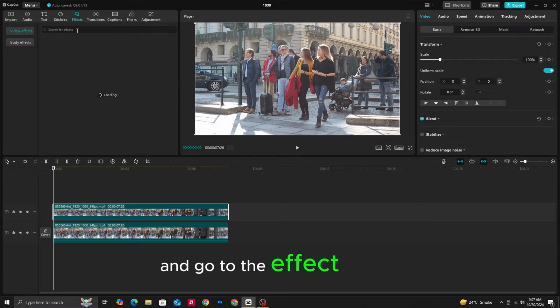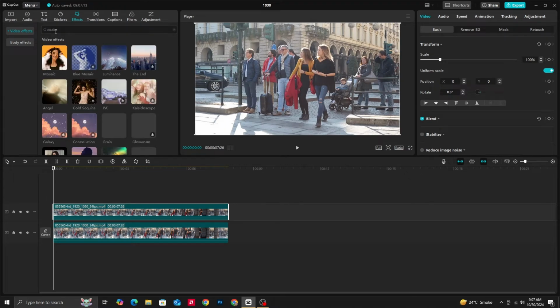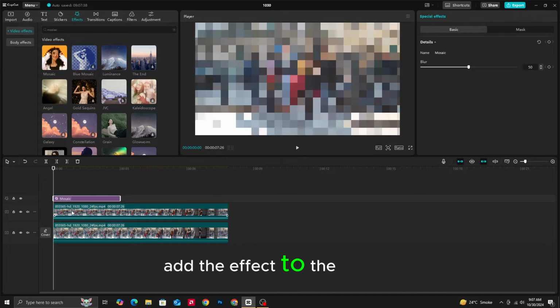And go to the effect menu. Search for the Mosaic effect. You can search for blur effect as you like the effect. Add the effect to the video by hitting plus button on the effect like this and go to the effect